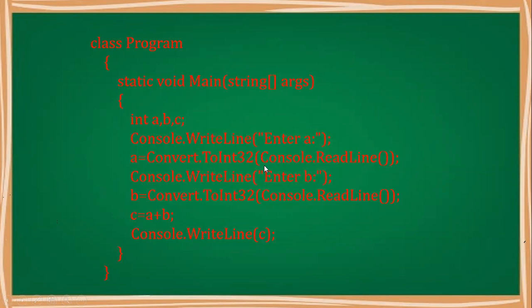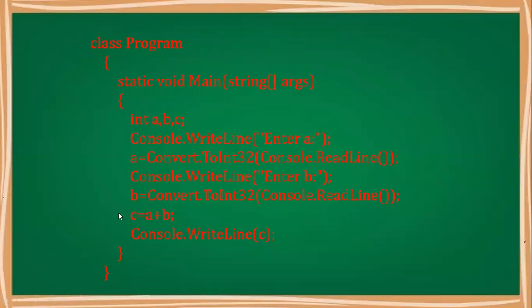First, the method console.readLine will execute. It will accept and read the input. If that input needs to be converted, it will be converted into an integer by the Convert.ToInt32 method, and then that value will be assigned to variable a. Then we have asked the user to enter the value b. In the same way, once the user enters the value of b, it will be read first by the console.readLine method, and if needed, it will be converted into Int32, and after that the value will be assigned to integer variable b.